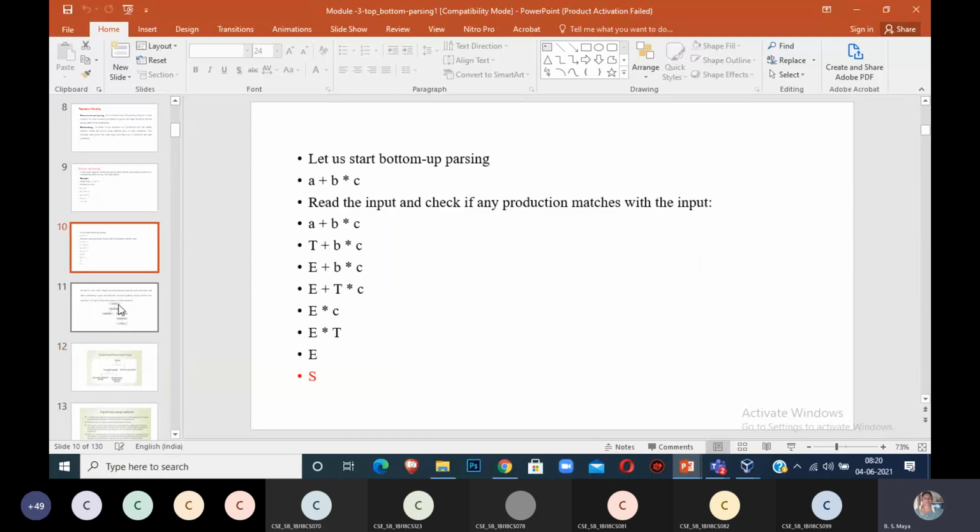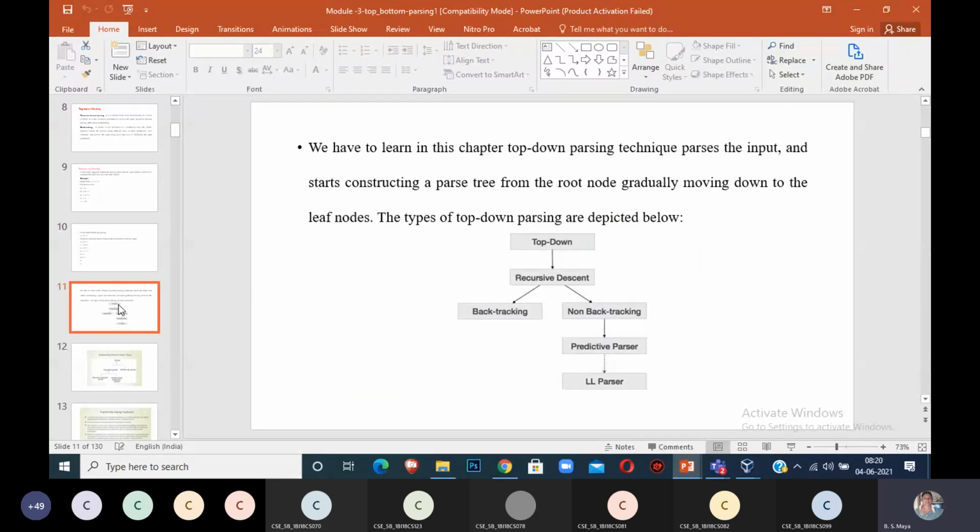After this, we come back to the categories of top-down parsing. Let's start with top-down parsing and complete all types of methods. Once you're done, we move on to bottom-up parsing. We have learned in this chapter that top-down parsing parses the input and starts constructing the parse tree from the root node, gradually moving down to the leaf nodes.